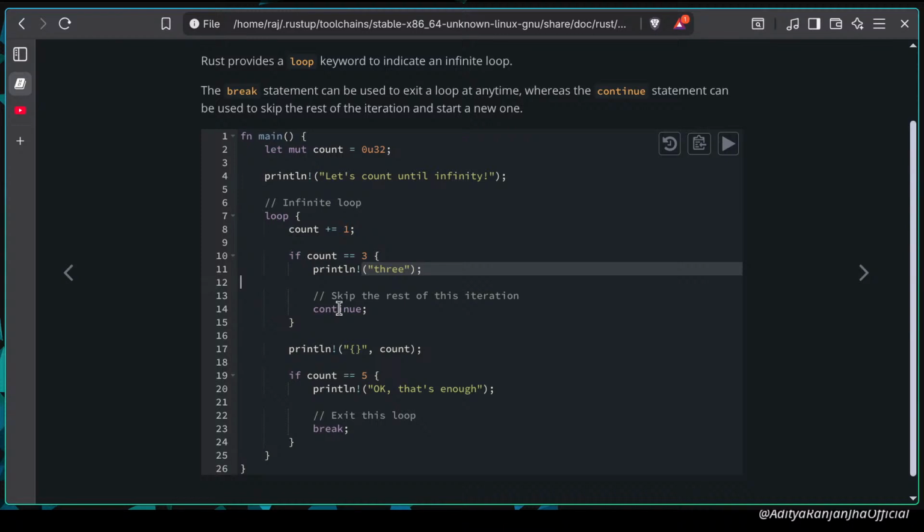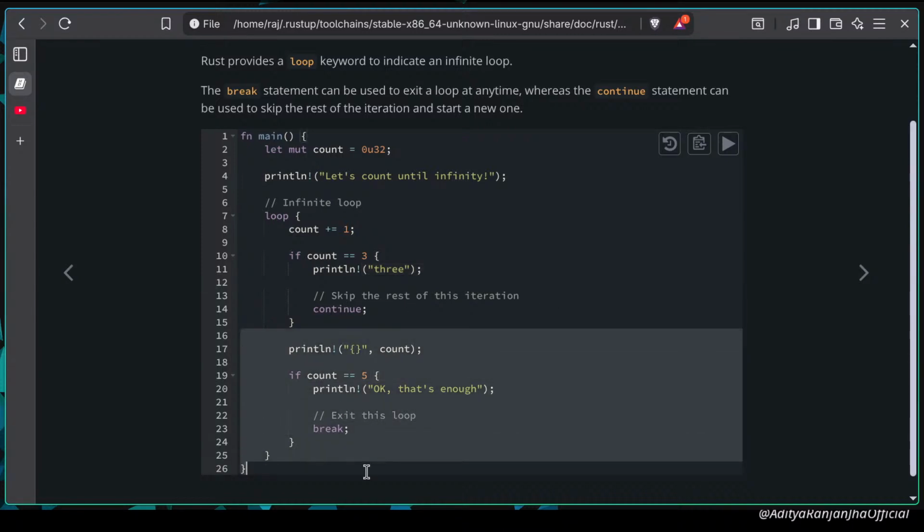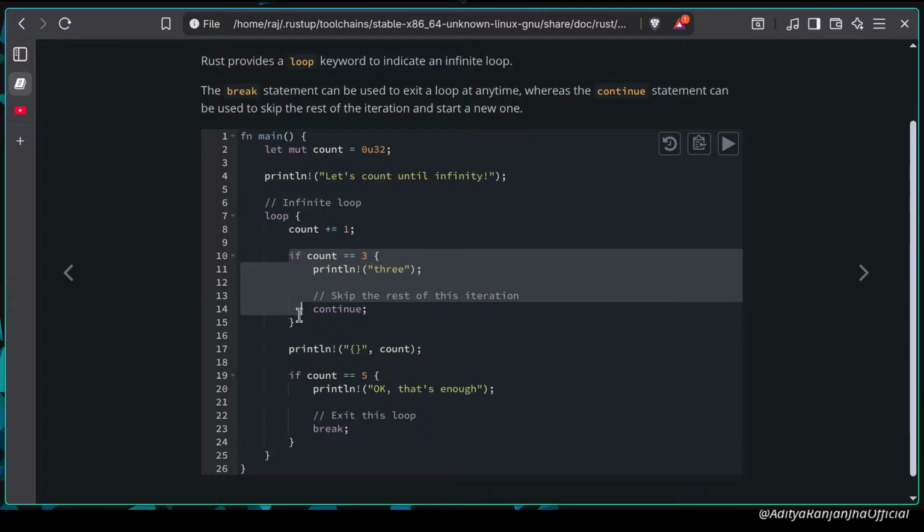And what else? Skip the rest of the iteration like this. We'll skip these iterations because they are also inside the loop. But in the case of 3, we already have a specific condition in mind. So we'll only run this and then continue, which means we won't be printing this and the loop will return from here. So it says skip the rest of the iteration, that is this, and the loop will just return from